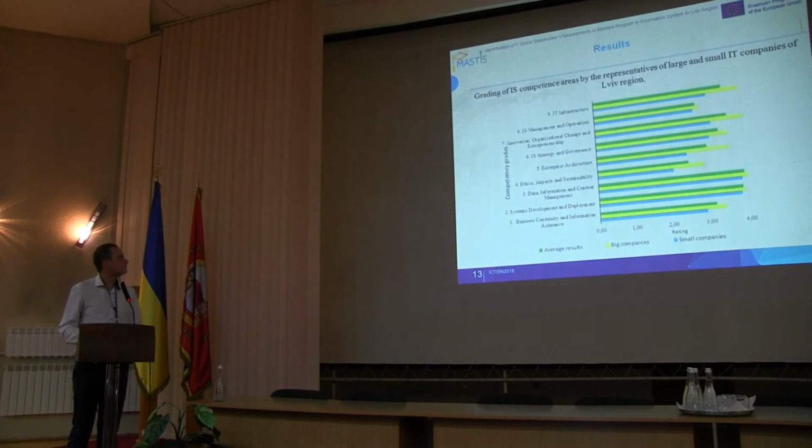Results. The histogram of consolidated competencies for large and small companies of the Kyiv region, as well as their average value, is shown on the slide. As can be seen from the slide, the needs of both large and small companies, the green and yellow lines, are in most cases